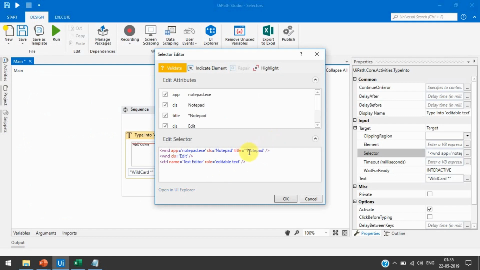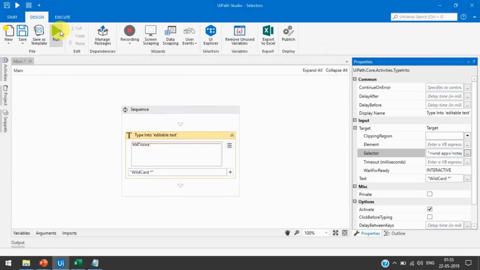Because it will look for the notepad name, and whatever is there before the notepad word, that will work. So let's press OK and run this. Now you can see it has worked. It is showing wildcard asterisk.